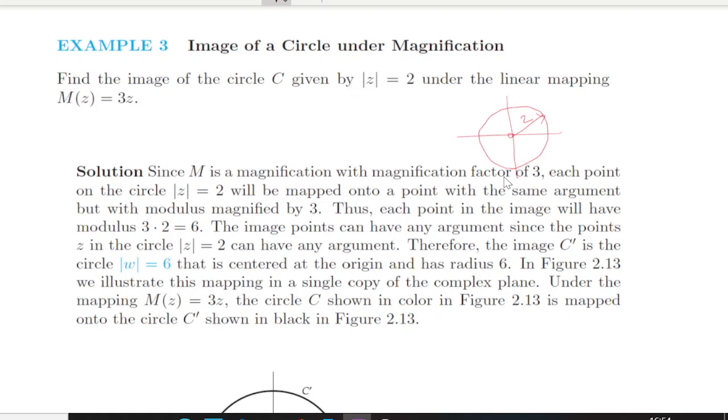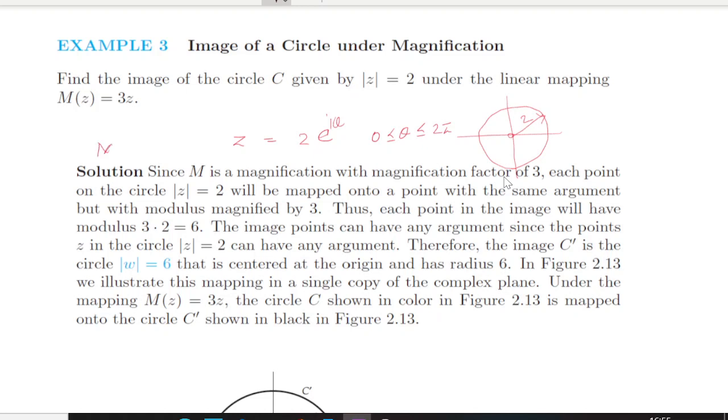The equation of this, you can write in this fashion, that is 2 into e raised to i theta, you can have one equation, right? So we are having 3 into z, so it will become 6 into e raised to i theta, right? Now see, your z is nothing but z equal to 2 into e raised to i theta, where 0 less than or equal to theta less than or equal to 2 pi. Then this is the circle.